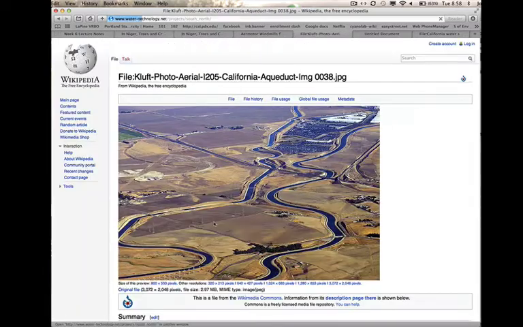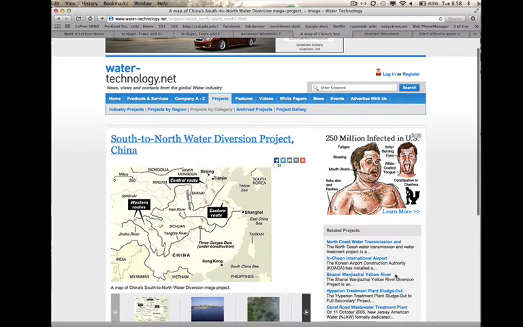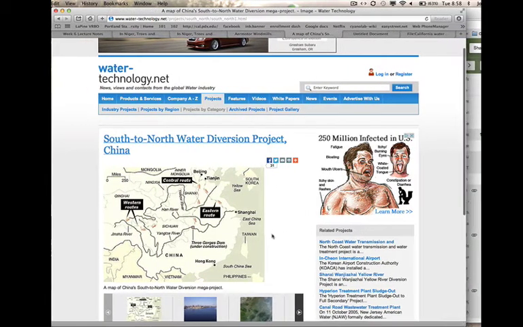In China, they're undertaking a very large project to divert water from the south, where there's generally more rain and water availability, to the drier north. And the water, these tiny little dotted lines are the canals that they're putting, and you can see they connect from the Yangtze River up north toward Beijing, and from the Yellow River, using the rivers as part of the system, but moving water all around.